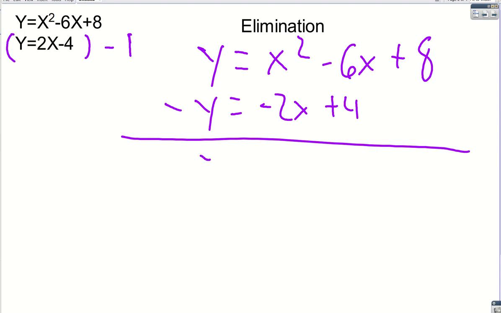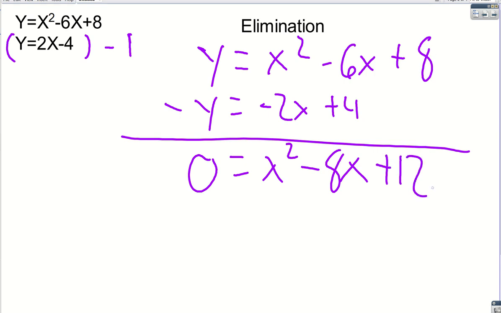So y minus y is 0. And then x squared, there's no x squared below, so I'm just going to write x squared again. Then I have negative 6x minus 2x, and that's going to give me negative 8x. And then 8 plus 4 is 12. And why that's useful is now I have it's equal to 0, and I could factor